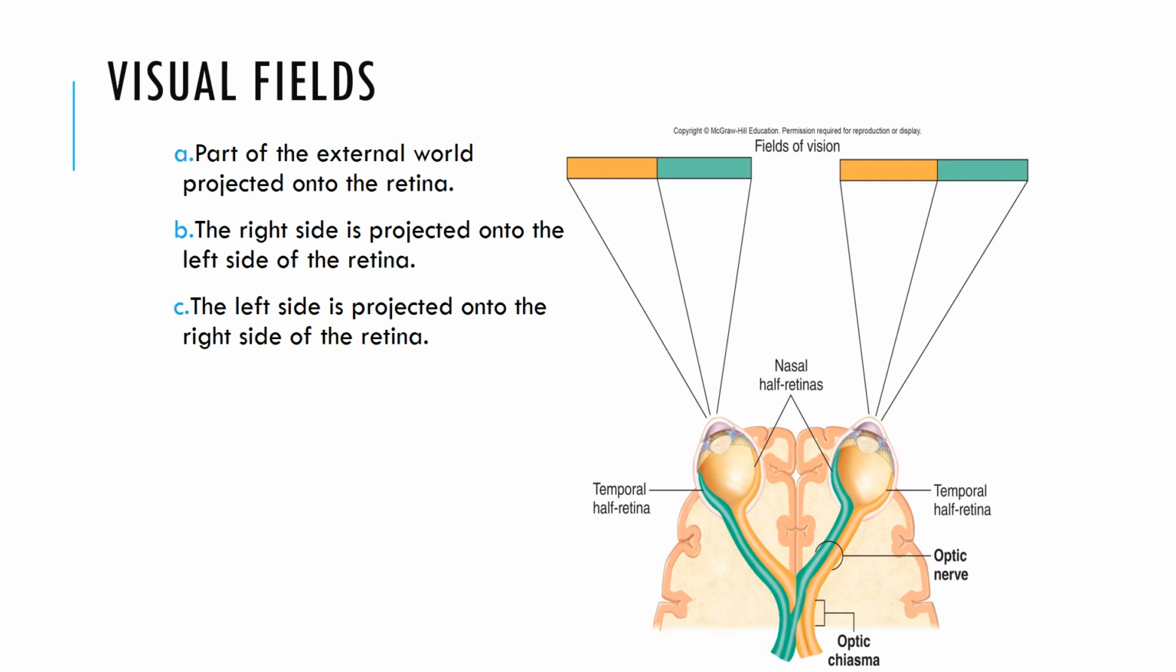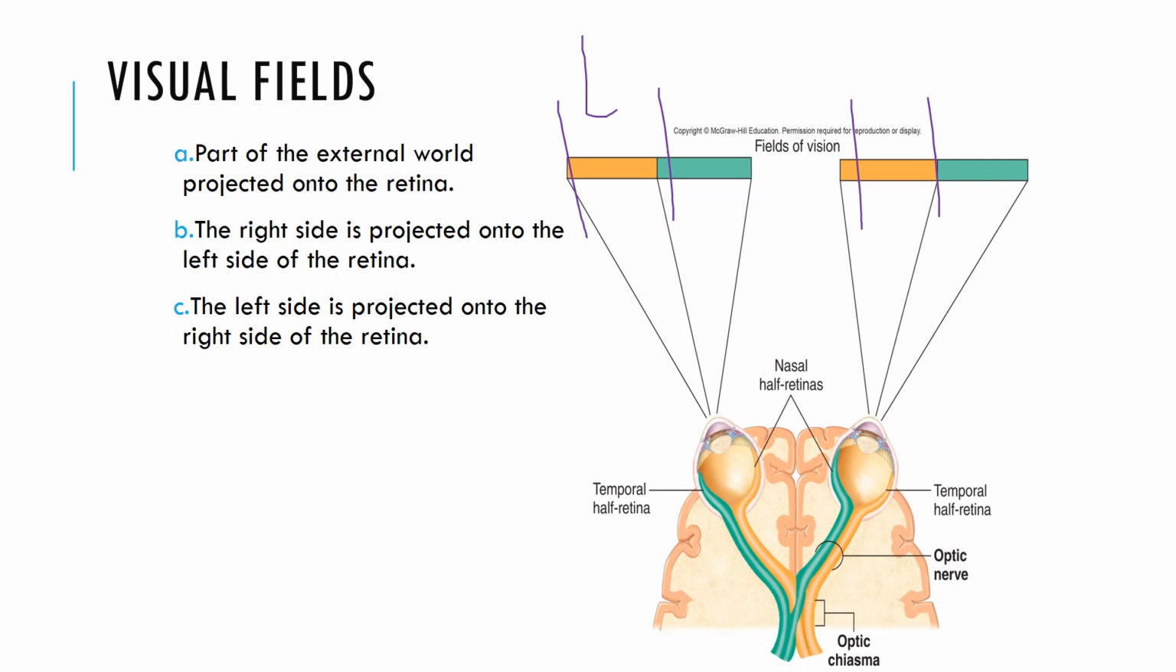The projection of our external world on our retina is going to be on the opposite, or contralateral, side. So that being said, that means that the right side of what we see is going to project onto the left side of the retina. And then the left side of what we see is going to be projected on the right side of the retina. So when we look at the differences here between the yellows and the green,